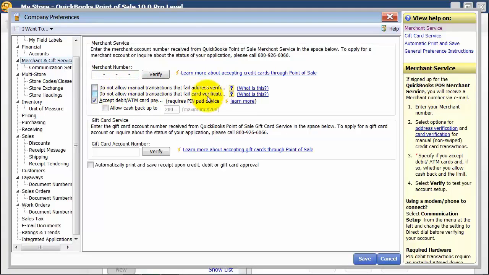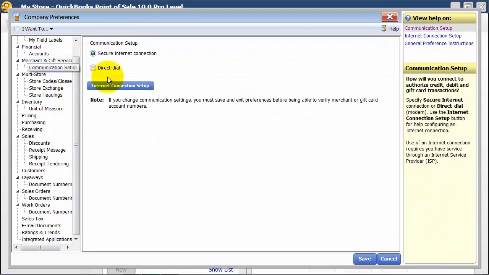Allow for manual transactions if the card verification fails. Okay. And then also, how do you want to do your communication? So the normal preference is to do the internet connection through the internet. We process